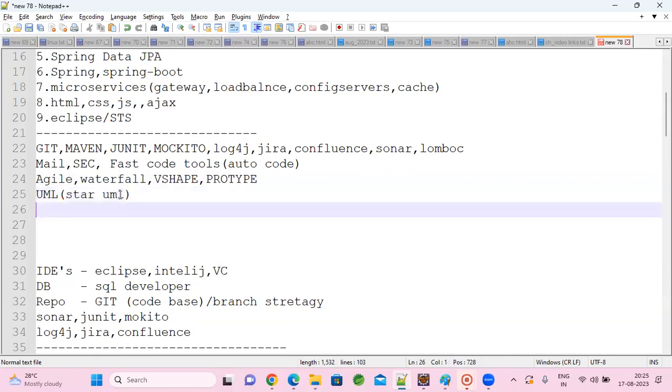For the deployment part, after we're done with our coding, I'll be taking my virtual machine, which is Linux. In Linux, I'll show you the deployment using FileZilla. You all must have it.